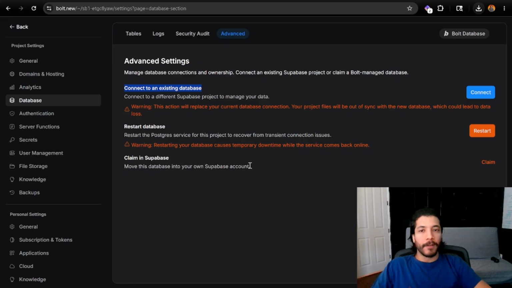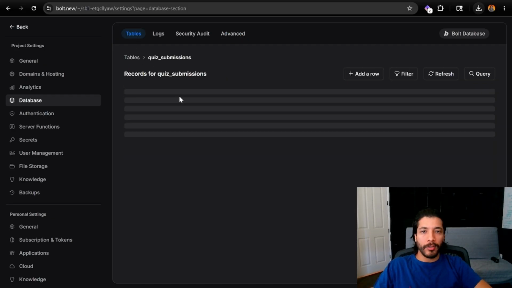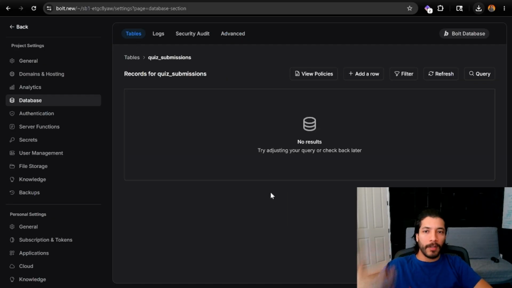Right now, it's fine to have the database within Bolt's database, but at a certain point, once you have live users, if you intend on making this scale past, I'd say, 10 users, even past 1 user, to be honest with you, I'd say the whole point of something like Bolt is to get it to the point where the functionality is there, but you don't want to have a lot of logged information and stuff like that. Once you start getting to active users and logged information past your beta users,